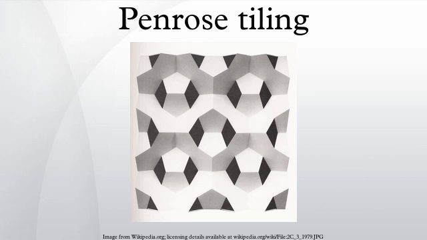The kite may be bisected along its axis of symmetry to form a pair of acute Robinson triangles. The dart is a non-convex quadrilateral whose 4 interior angles are 36, 72, 36 and 216 degrees. The dart may be bisected along its axis of symmetry to form a pair of obtuse Robinson triangles, which are smaller than the acute triangles.